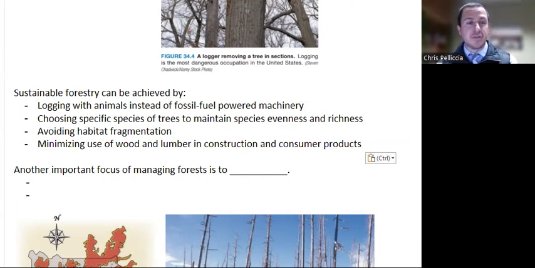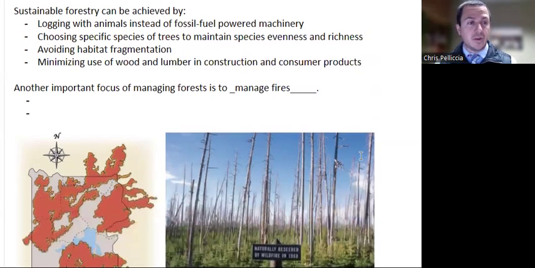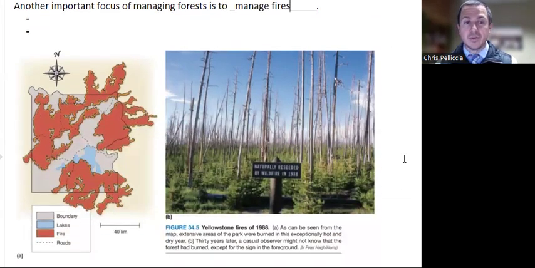Another important focus in managing forests is to manage fires. And fires are a reality of any forest ecosystem. We can look here at the results of the famous Yellowstone fire of 1988, which absolutely decimated large swaths of Yellowstone National Park. Incredibly, Yellowstone is so dry for much of the year that there's really minimal degradation, really minimal rotting of dead wood, such that you get these quite old dead trees that are sticking around,